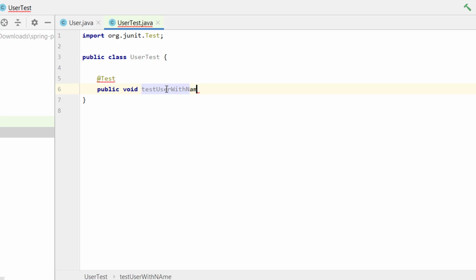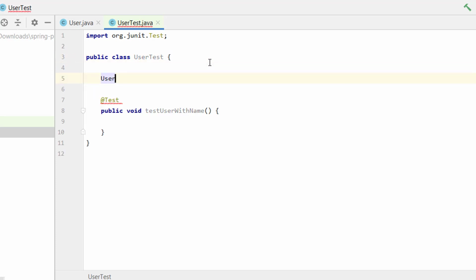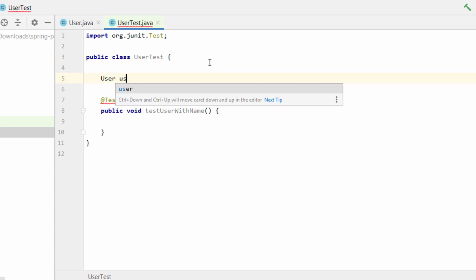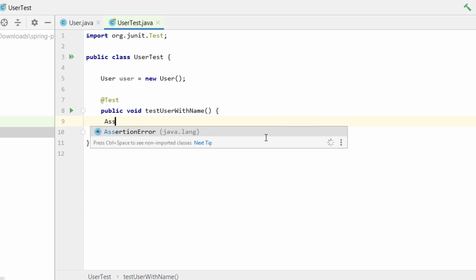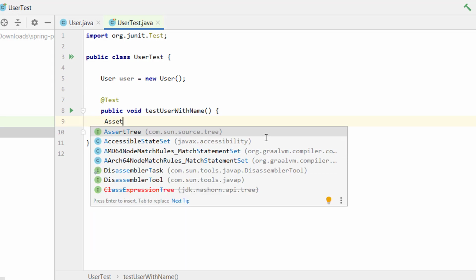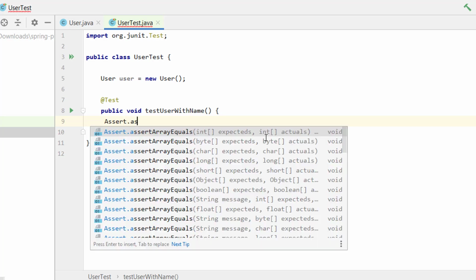Here we need to create an instance of user class. So let's say user, then new user. Now I will do some assertion here. Let's say assert dot assert